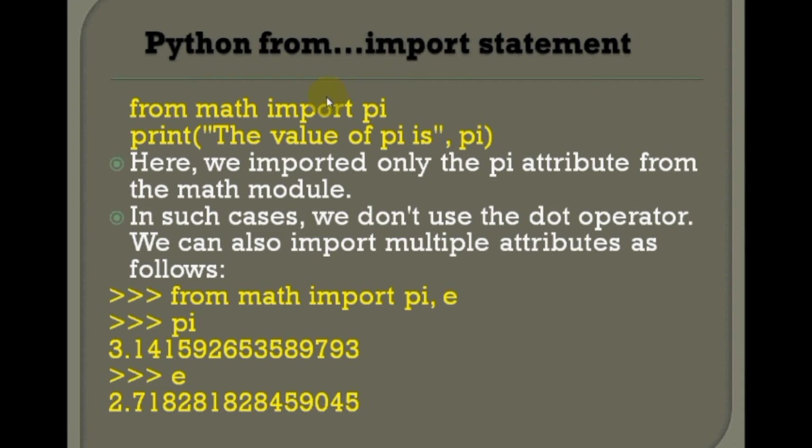The third case: here, by using this statement you can access particular properties of the module. Here I'm accessing only pi of the math module. What is the statement? The from keyword, the name of the module, the import keyword, then the property of the module. Now in our program I can access only pi. What difference is there? Here I am not using the math keyword and the dot operator. I can access this property directly.